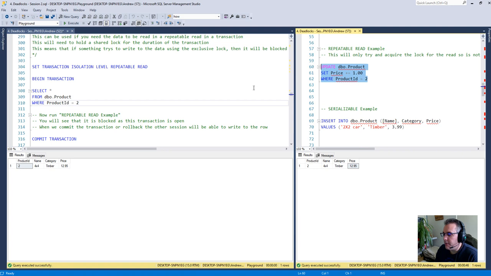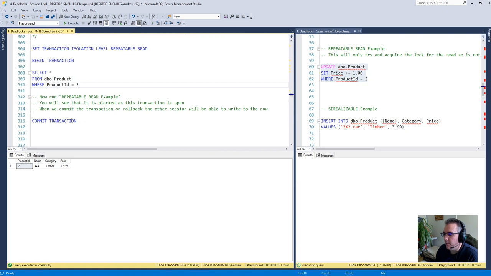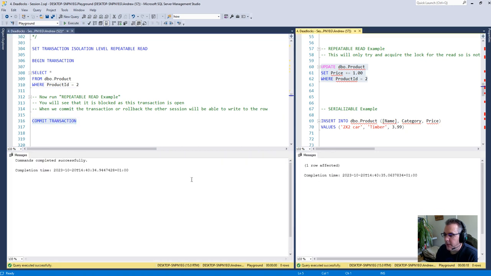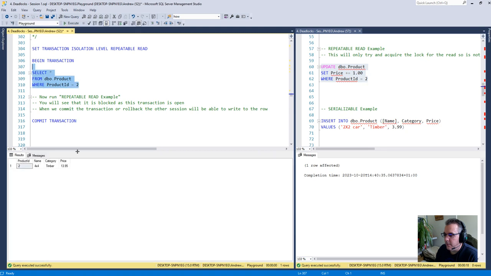So then we've got this in session 2 saying, okay, we'll update the price. If I do that, what happens is we're blocked because this is in a transaction. Even though it's not an update, it's locked that row. You will see that it blocks as this transaction is open. When we commit the transaction or roll back, the other session will be able to write to the row. So if I now run this commit, that then finishes, and now we've got a different value. I'd imagine, yeah, 13.95 when it was